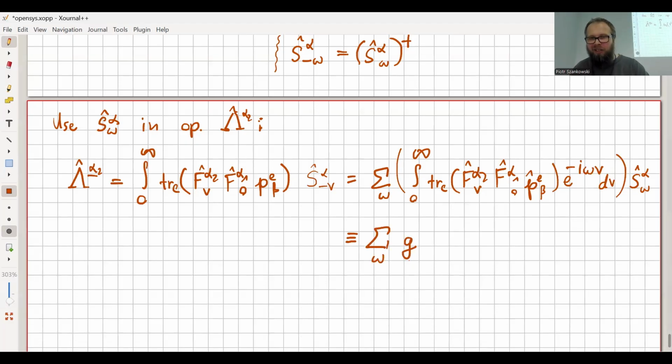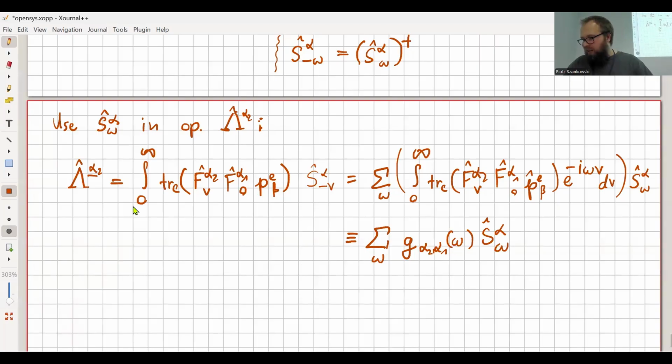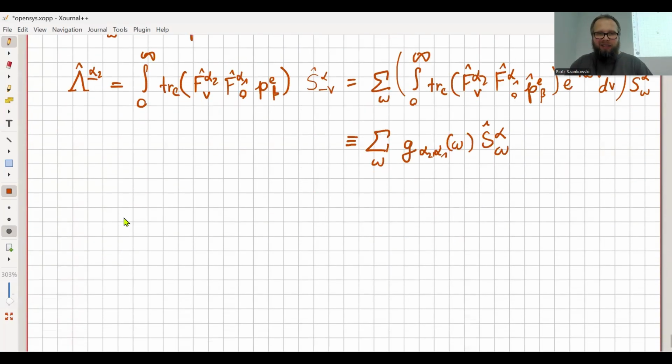I will call it G_alpha2 alpha1 of omega. So this half Fourier transform of the correlation function, I call it G. So this is what we get for lambdas,